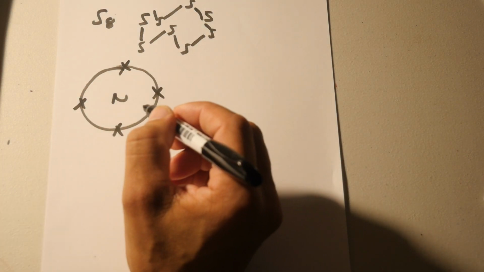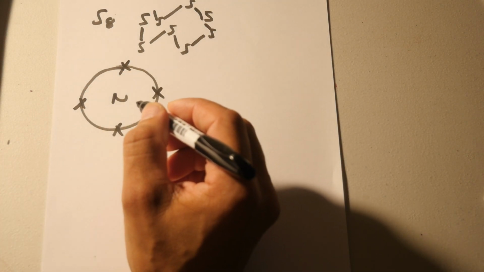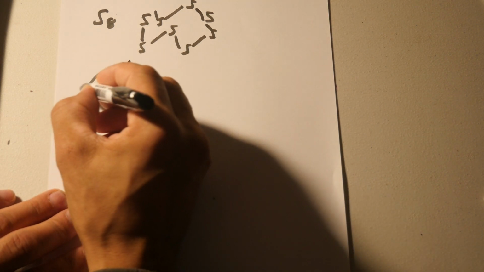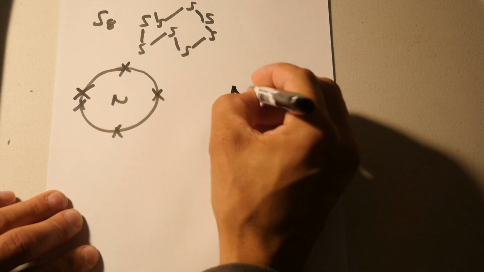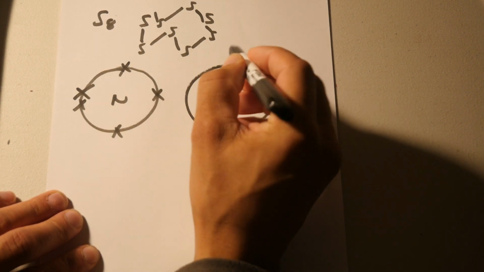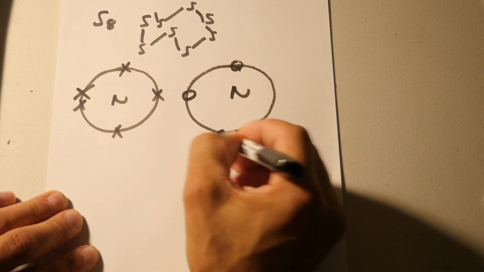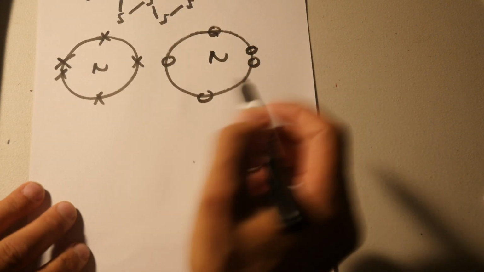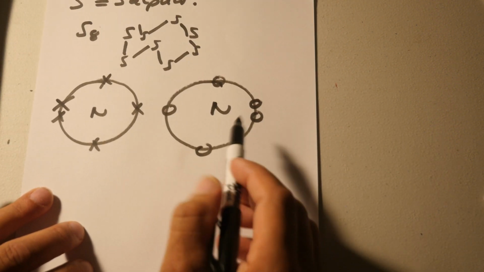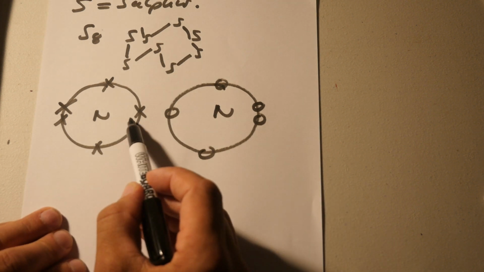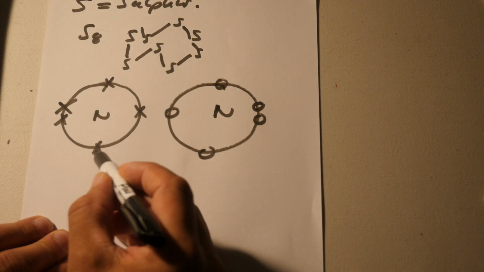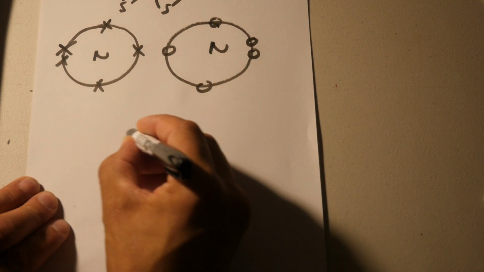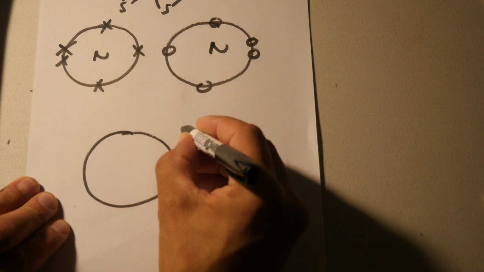I was thinking of the 5 outer electrons, the 7 in total. Okay, so you've got 2 nitrogen atoms like this. I'm drawing them as circles, illustrating electrons as crosses and circles to make them clearly different. So when these come together to form a covalent molecule, okay,